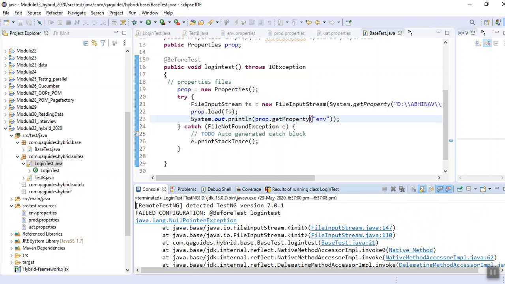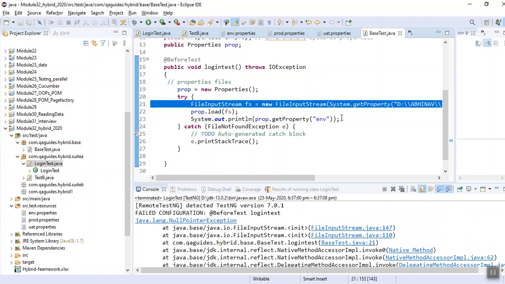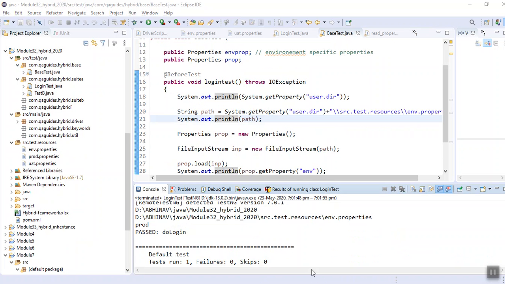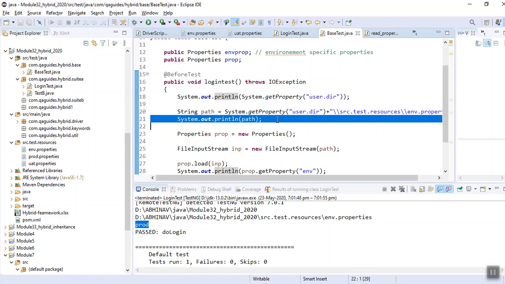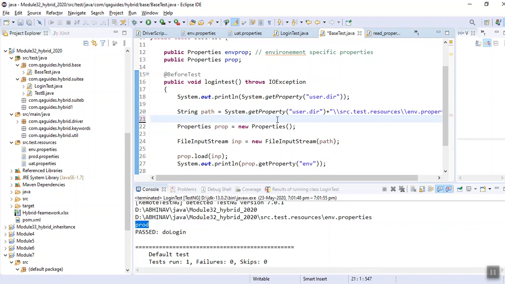Null pointer. I think it is the file input stream, an error in my file. Just a second. So I ran this program, and now it is working fine. There was some issue. Actually, the path was the issue. So I take out the path. Let me delete it.